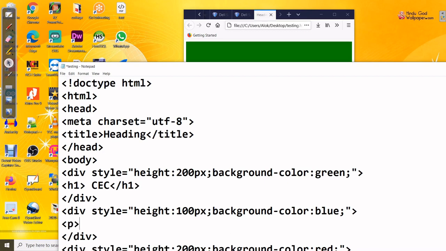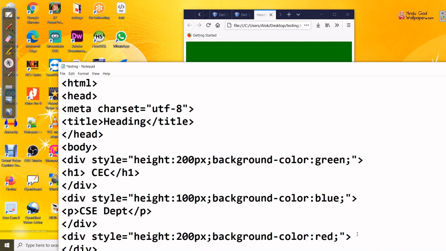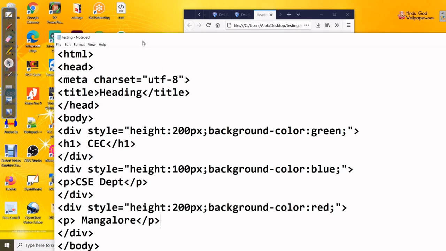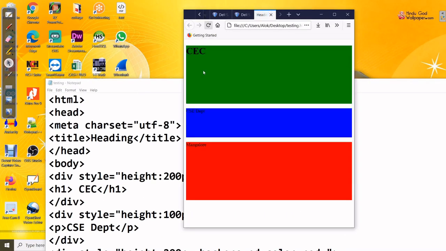I am writing the paragraph tag, CSE department, close this P, then I am writing here again P, go a little bit top, one minute, yes, then I will write here again the P, Mangalore, close P. So Control S, coming here, refresh, you see.